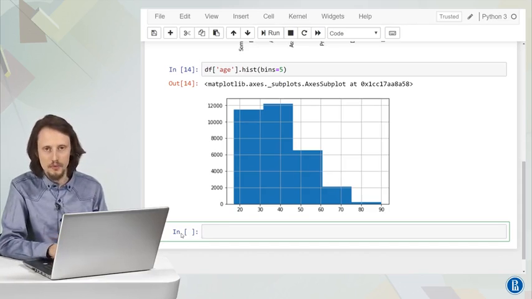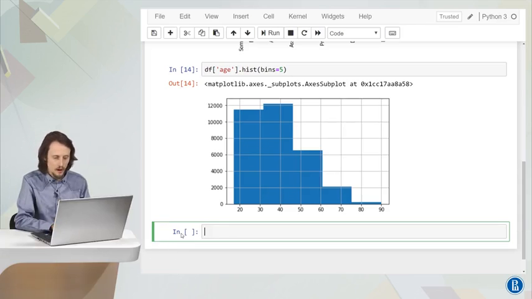For example, we may be interested in grouping people who are less than 30 years age to one group, and between 30 and 50 to another group, and more than 50 to the third group. This can be done using pandas function cut,